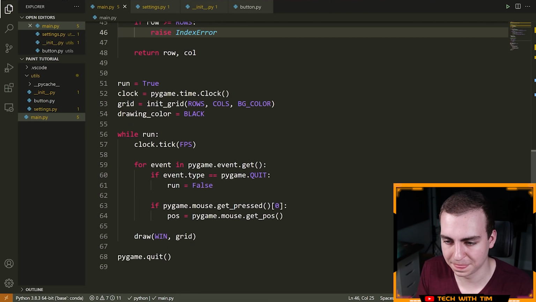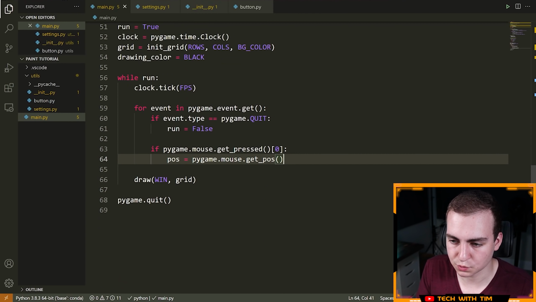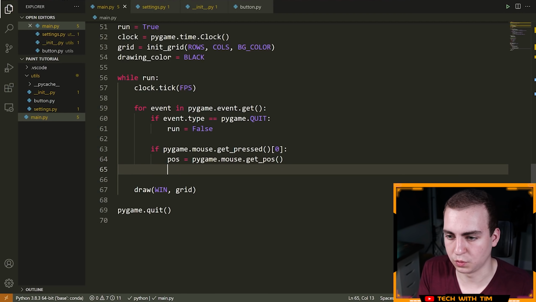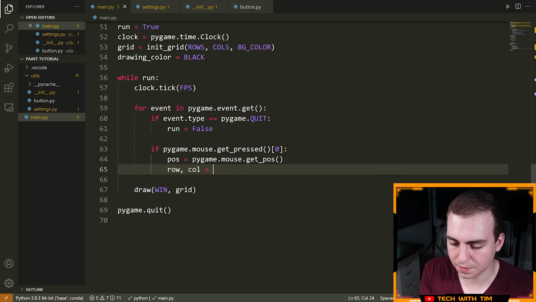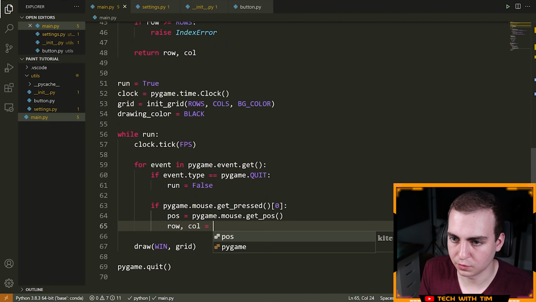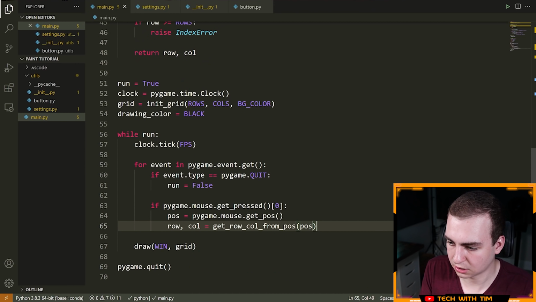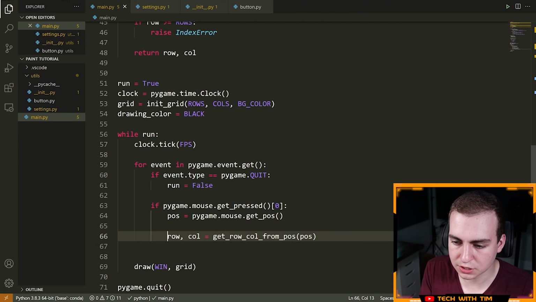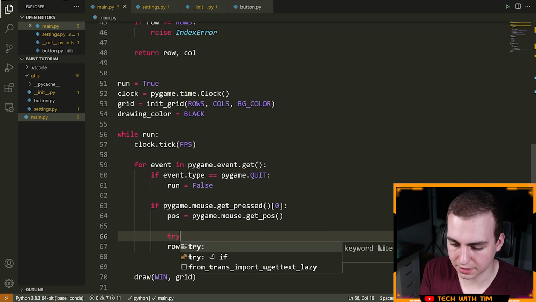Now you do. Okay. So now, after we get the position of our mouse when we press the mouse, we want to figure out what row and what column we're in. So we're going to say row, column is equal to the name of our function, get_row_col_from_pos, and then we'll pass our position. Now, we need to put this inside of a try statement.